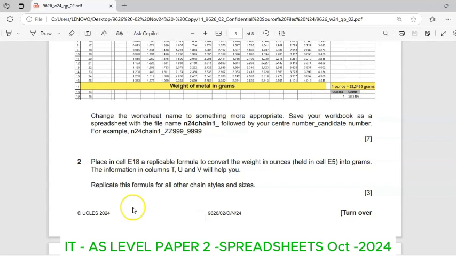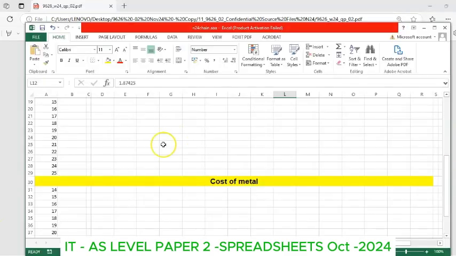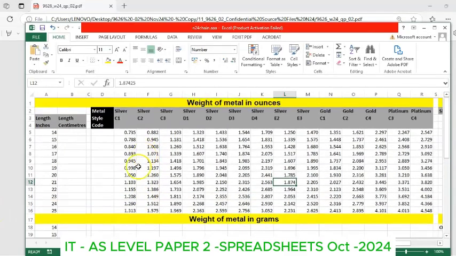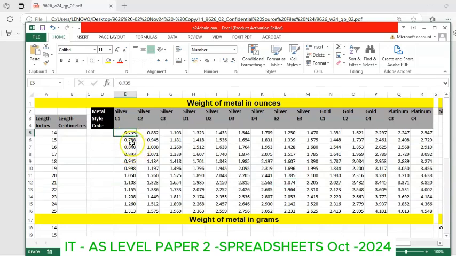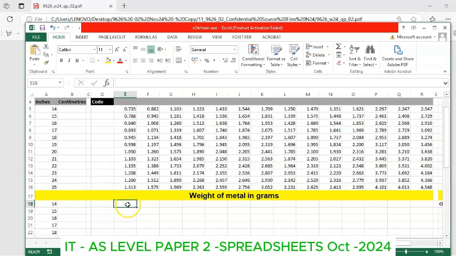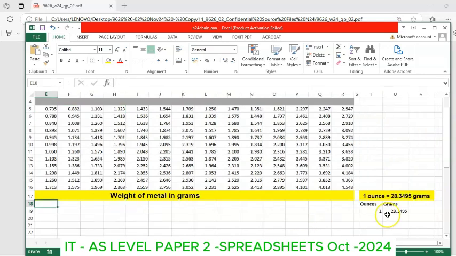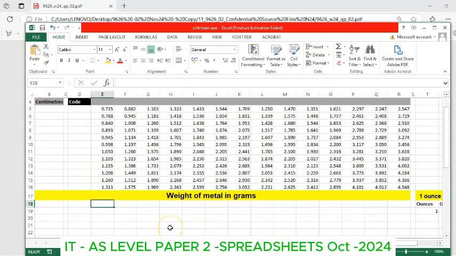Alright, so we are converting this value to grams since it is in ounces. For the conversion rate, 1 ounce is equal to 28.3495 grams. So it's a matter of multiplying. So equals